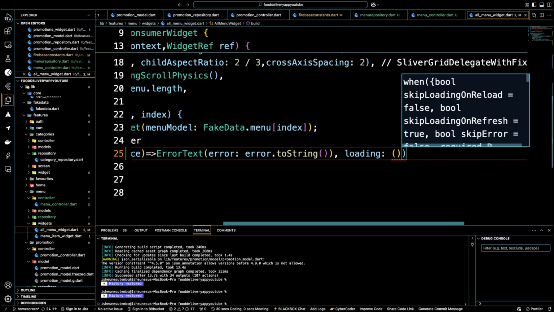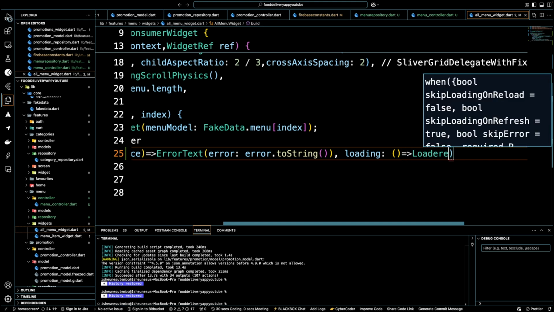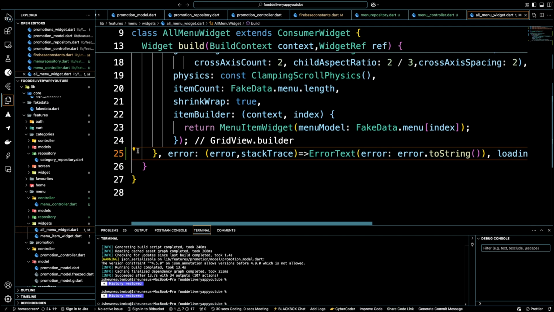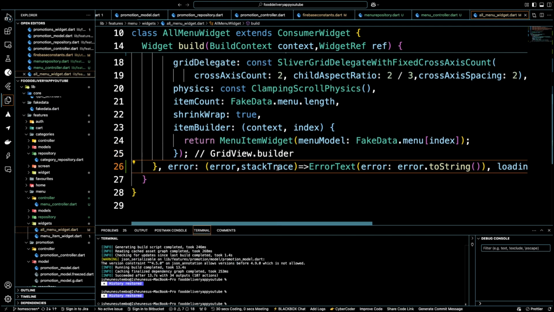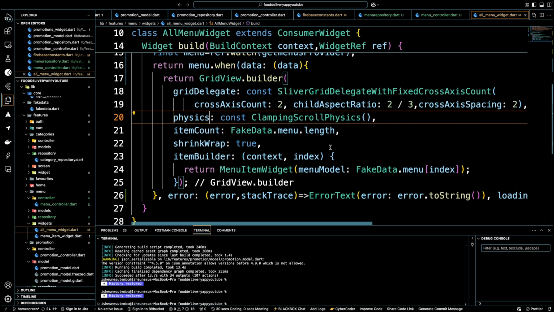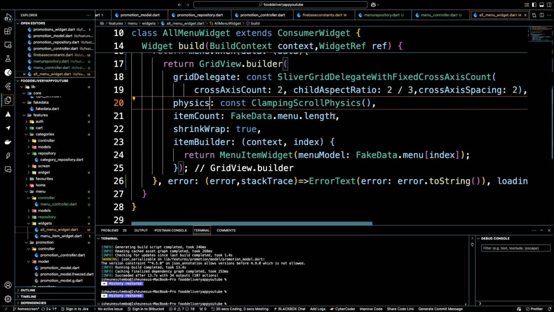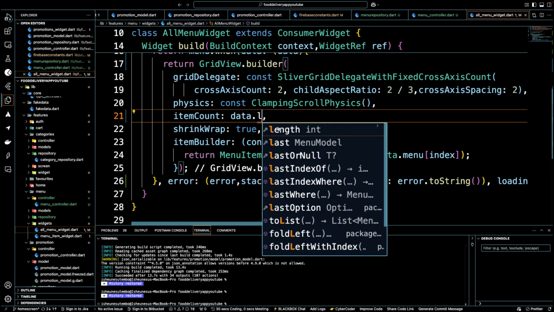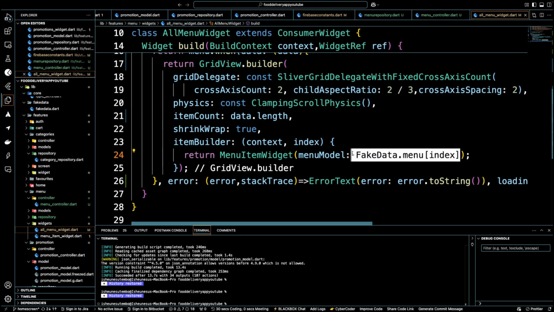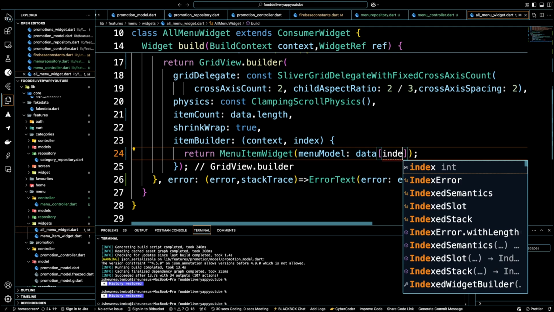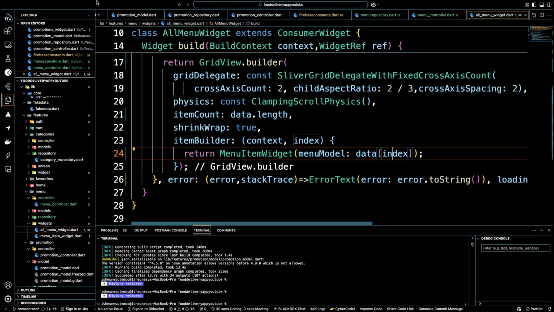and then if the data is somehow still loading, we need to show a loader. So we created this custom widget loader. Okay, let's import it. Loader. Okay, so now we are done with. So here we need to just place in data.length like this, and then we're just going to pass in data and then index like this. Okay,